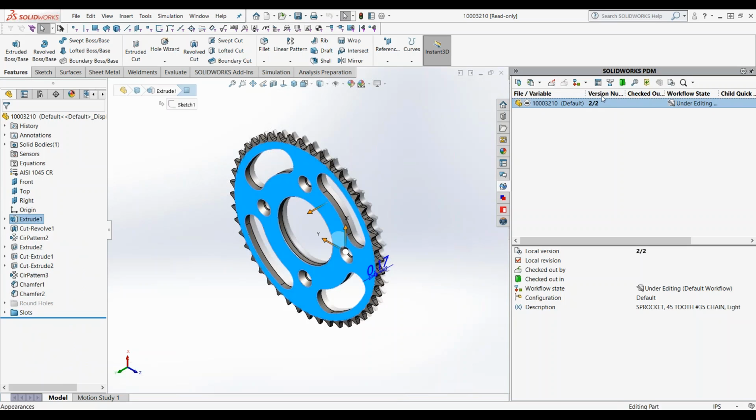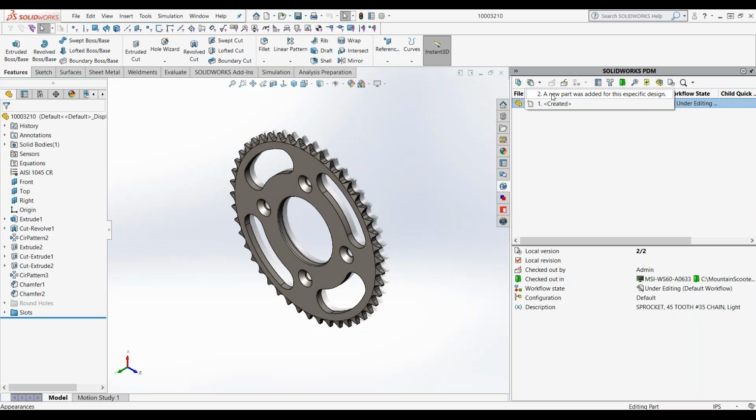So first of all, I will check out this file. And as you can see, there are currently two versions of this file, okay? Here inside SolidWorks, anytime that you create any change to your file, it will keep track of all of the changes that you have created, and anytime you can get access to the previous version of the file. For example, now it is the second version. If I go back to the first version,